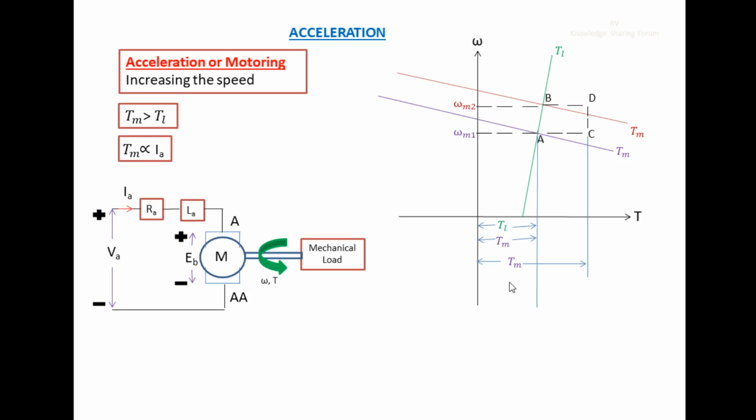For that, we have to increase this motor torque according to this expression. If we increase the motor torque, then acceleration can be done. To increase this motor torque, we are increasing the armature current according to this expression. So if we increase the armature current, this motor torque increases. Actually the motor torque is here. If we increase this armature current, the motor torque increases from here to here. That means from point A to point C. The motor torque is increased from point A to point C by means of increasing the armature current.